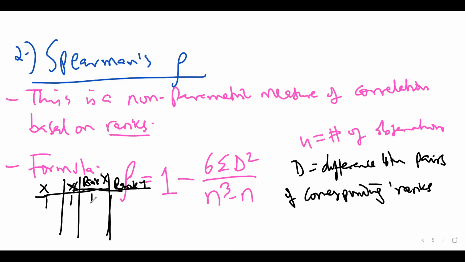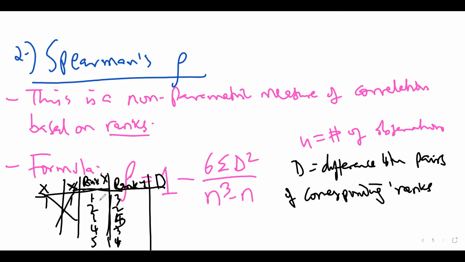The ranks of x, forget about the values: 1, 2, 3, 4, 5. Then I also rank y, so I get 3, 2, 4, 3 and 4, 3 and let's say 1. And this one should be 5. Something like that. So if this is my data and these are the ranks, you know what I'm calling D